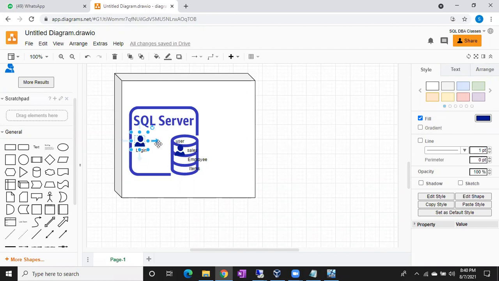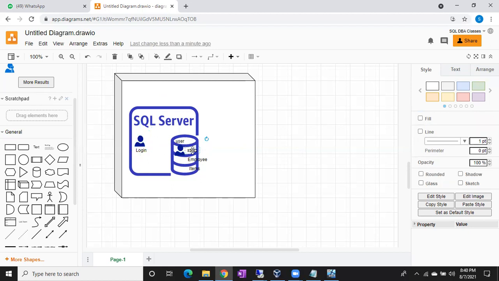A login can never directly enter into the database to pull the data. Once you give access to this user, imagine this is Sudarshan. Now Sudarshan wants to access the sales database. So we are going to provide access to Sudarshan on the sales database. One more small Sudarshan will be created in the sales database. He is called a user. So this is the Sudarshan login and this is the Sudarshan user. With the same name he will be created.